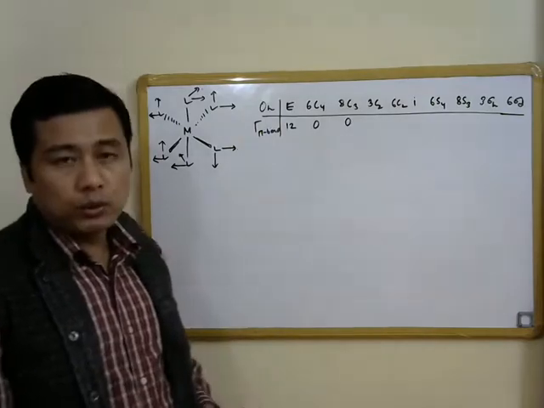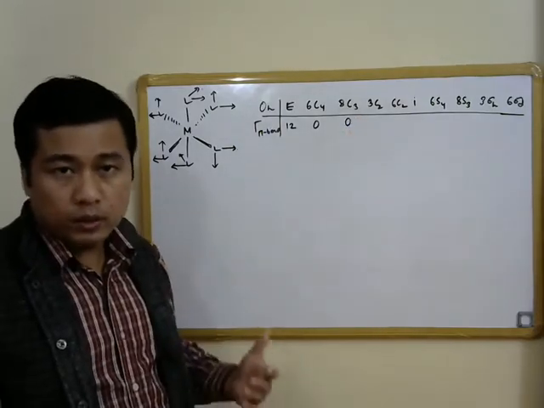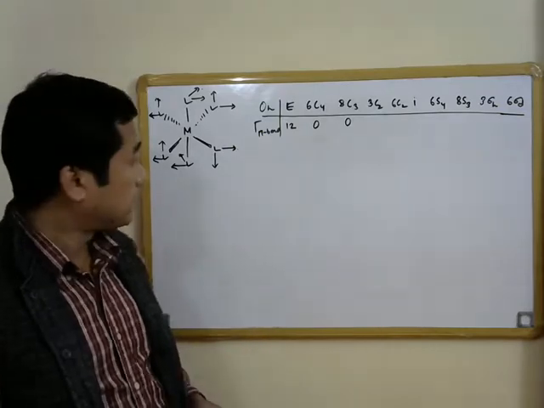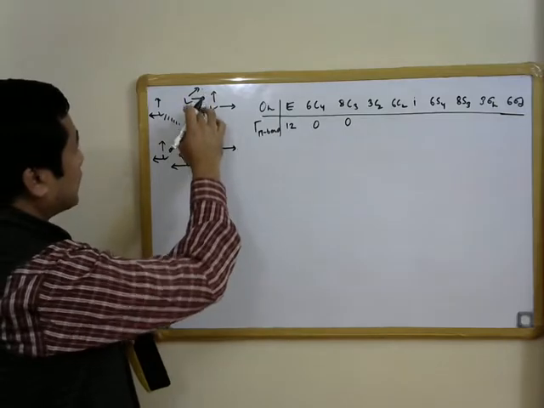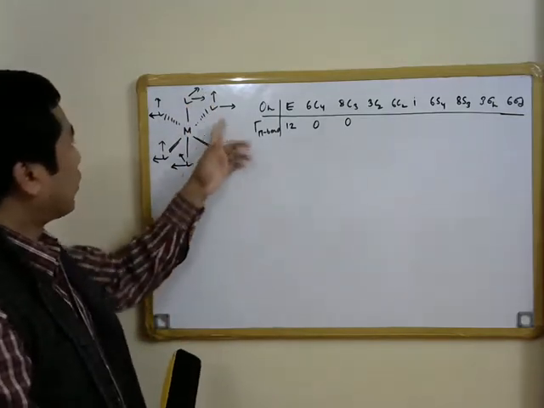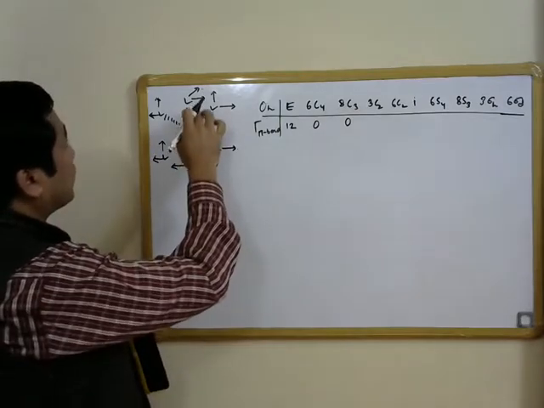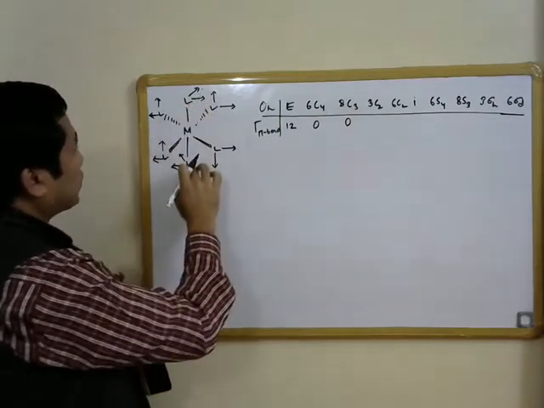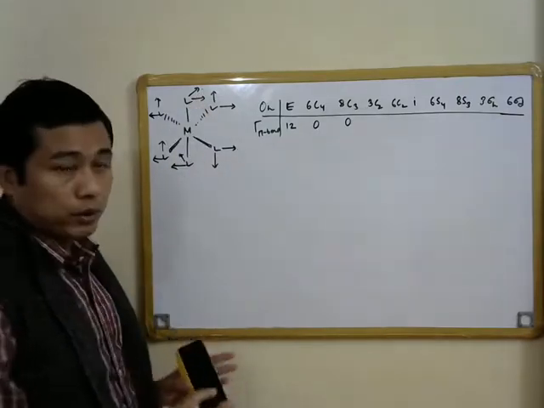Then we have these C2 operations, and these C2s we know are collinear to the C4 axis of symmetry, and then again we will assume that the C2 passes through this ligand metal and this particular ligand over here, and then all of these vectors are going to contribute 0 towards the character, while only these vectors should contribute towards the character, and we will find out how much they contribute.